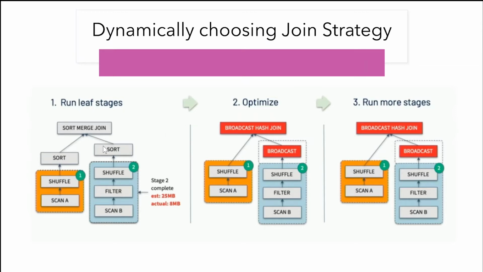So the same join which is on the two stages gets converted to broadcast hash join, and the further stages of this job will be executed using broadcast hash join. It will not execute sort merge join. So this is the beauty at the runtime. With the statistics, it is able to change the join strategy from one join to another join, which is more optimal. So this is at a high level what I wanted to explain, based on the statistics, how Spark chooses the right join at the runtime. So let's jump into the demo.